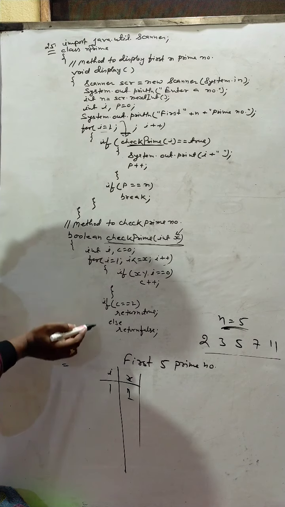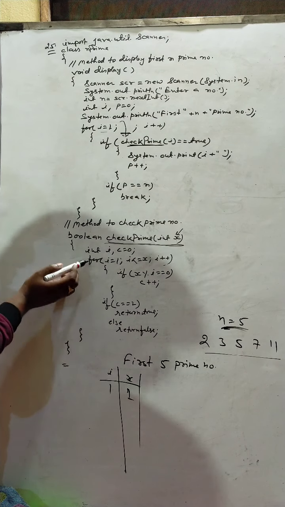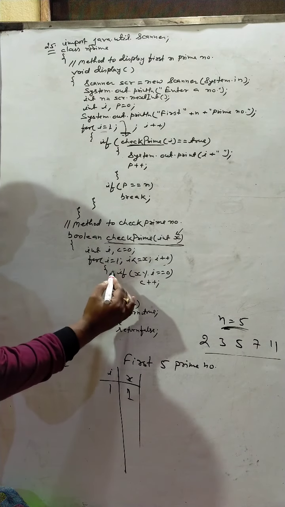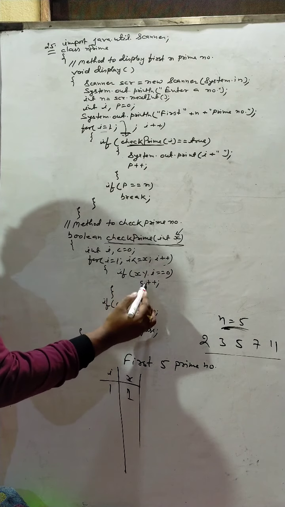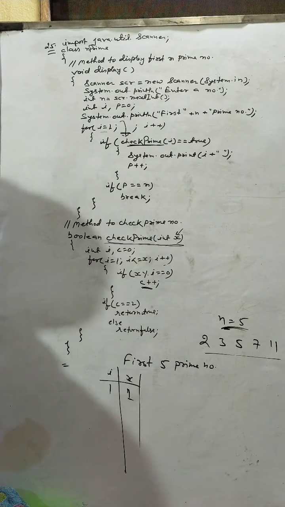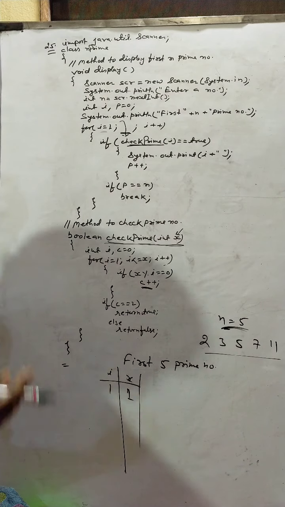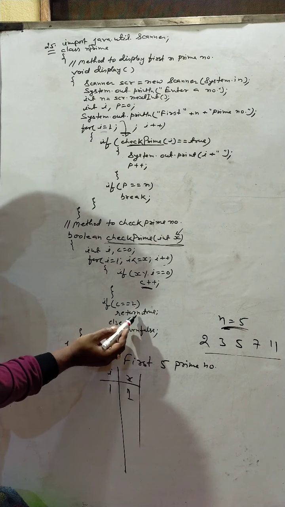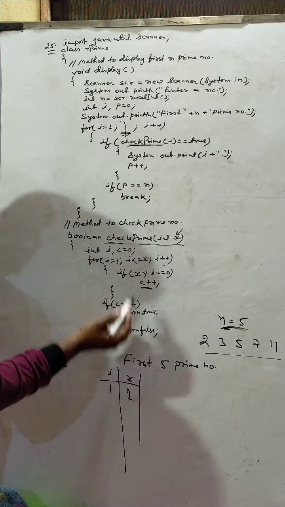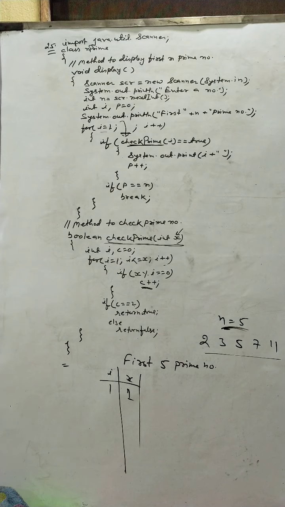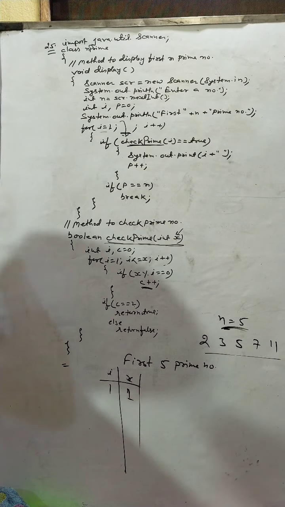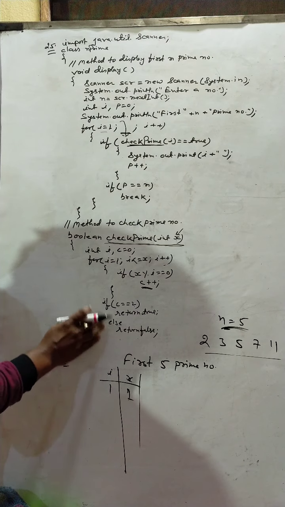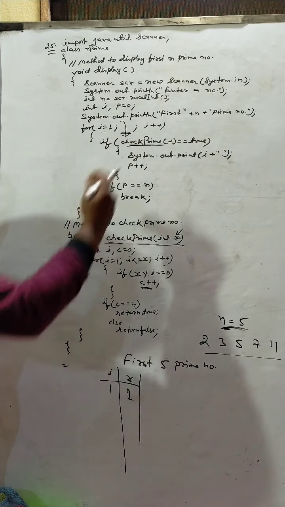Okay, so the same process we are doing. We are taking a number in x. We are finding the number of factors. Here c will store the number of factors, means c will count the number of factors of x. If the number of factors is equal to 2, it will return true. If the number of factors is not equal to 2, it will return false. So for x equal to 1, we know 1 is not a prime, so this time the function will return false.